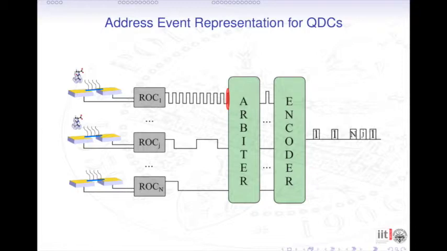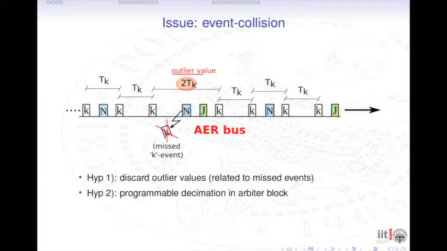In that case, the symbol associated by the encoder is not strictly the position of the nanosensor, but can also be some parameters that you associate to some nanosensor. In that representation of the sequence of symbols in the address event representation bus,